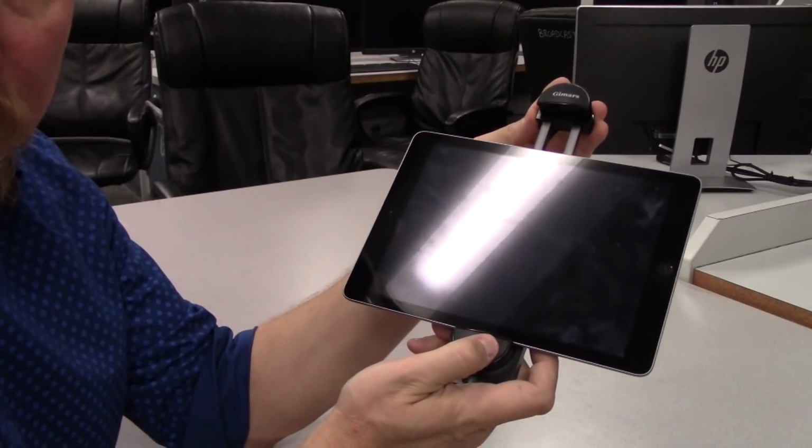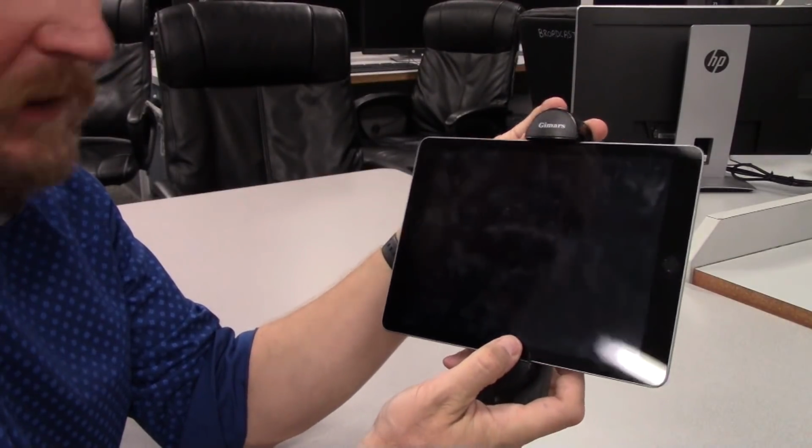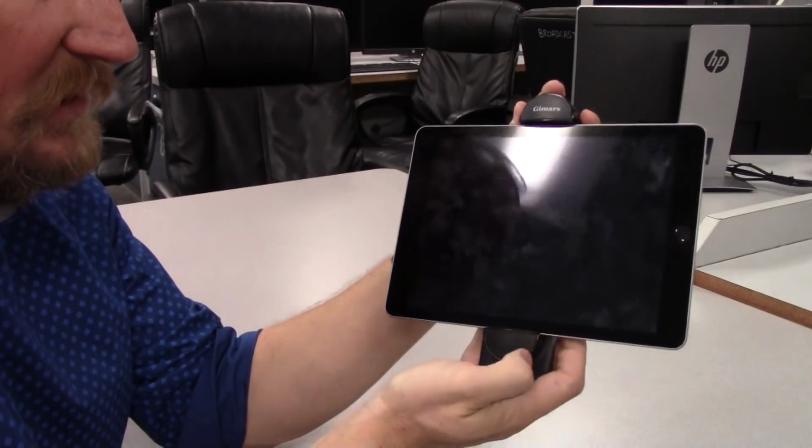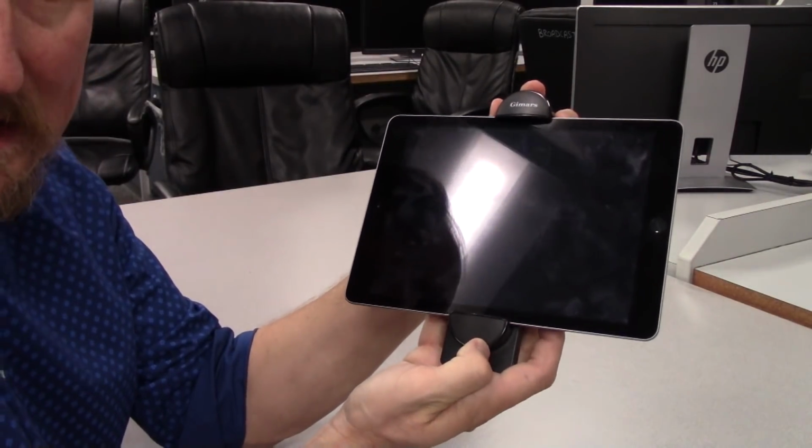And then I'm just going to start to push this down. I can hear it start to ratchet in. Make sure that I'm sort of centered there. And it slides through. It's not very snug, so I want you to be able to push this until it's